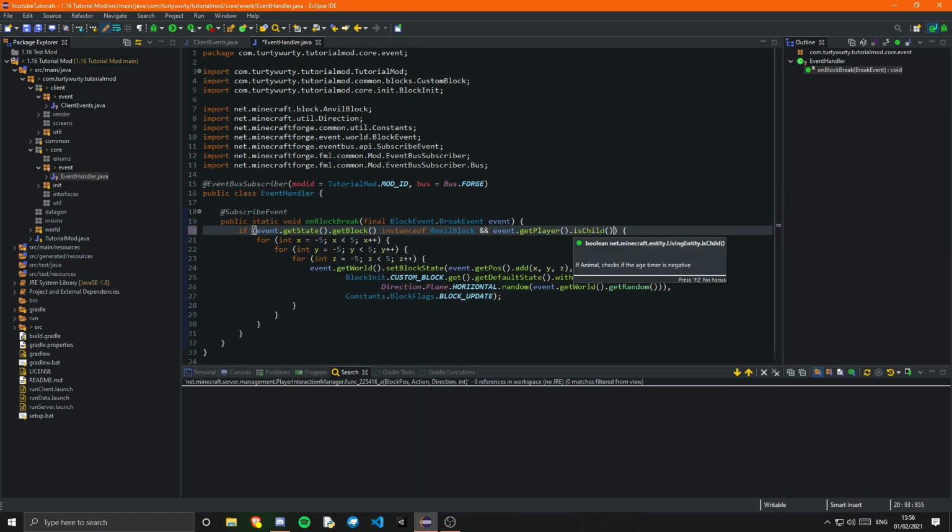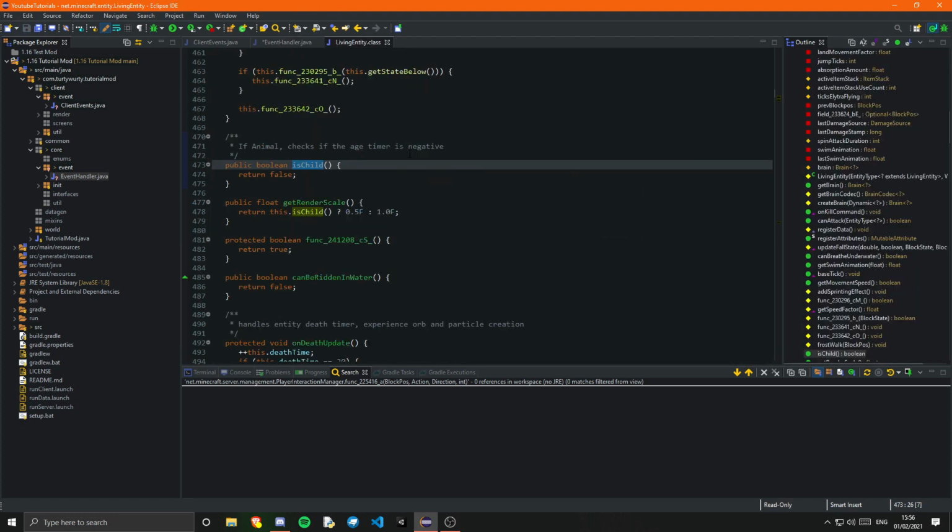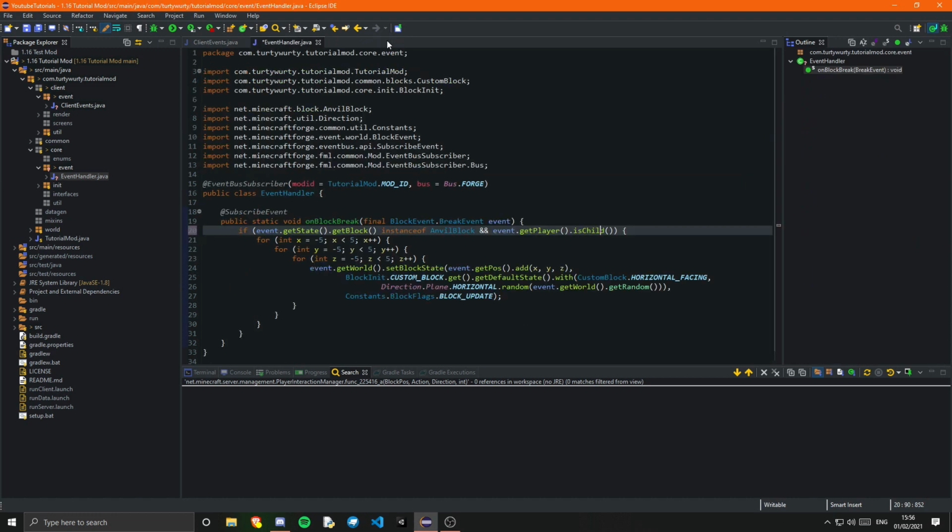That's never going to be true, because a player isn't going to be a child, but let's say it was. I mean, what does this actually check in a player? It's just false. Yeah, I don't think that would ever be true. So yeah, if it was an anvil and the player was a child, we could do that. Or we could say, if it was an anvil or the player was a child, just as an example,